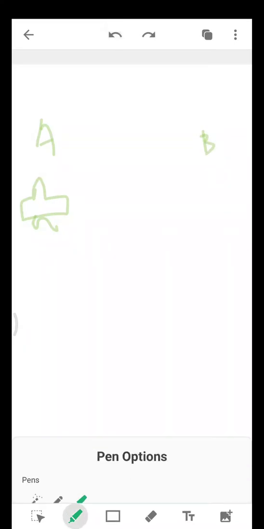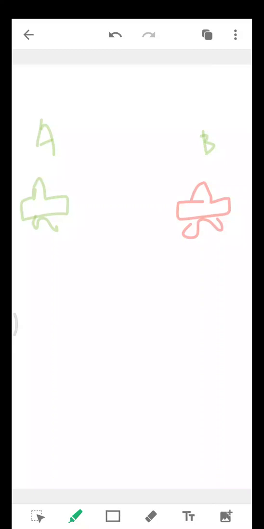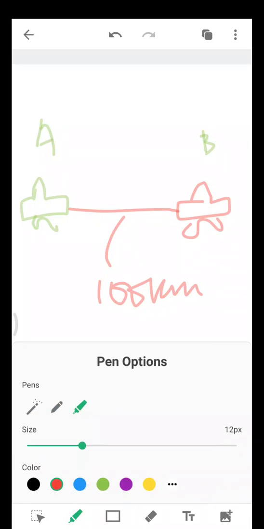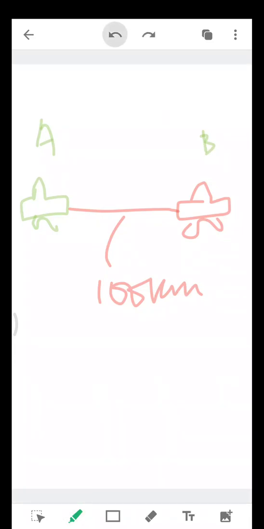This is the car of police which is at A and this is the car of thieves, which is at B. Okay, and they are again 100 kilometers apart, same scenario, 100 kilometer apart. This is the second case. Okay, case number 2. So here what happened, after looting the bank, the thieves started running in this direction,